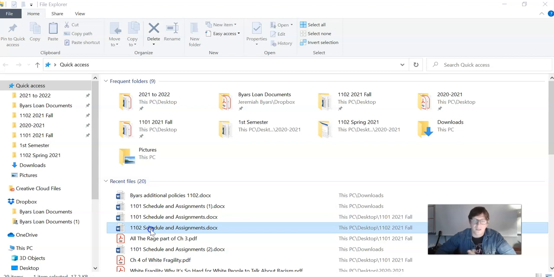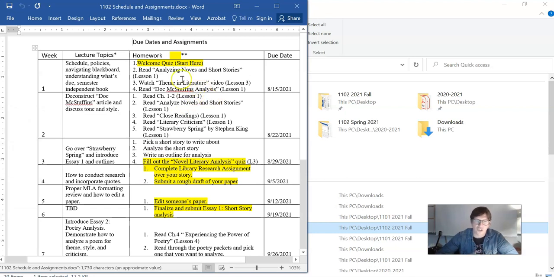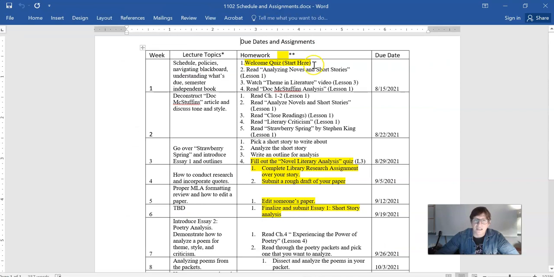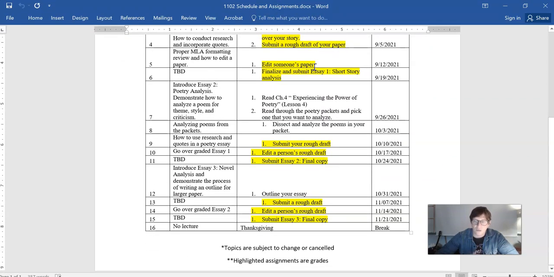So when you download this, it has all of the stuff that you need to do for this course, okay? This course is pre-made by Gwinnett Tech, and then we can change it as we want to. And here I've listed all the things I want you to do and all the things I want you to read, and when I want you to read them, okay?